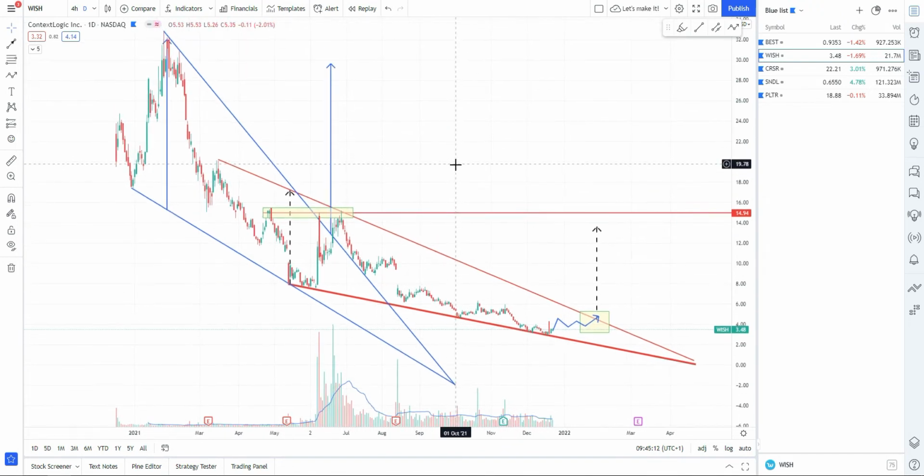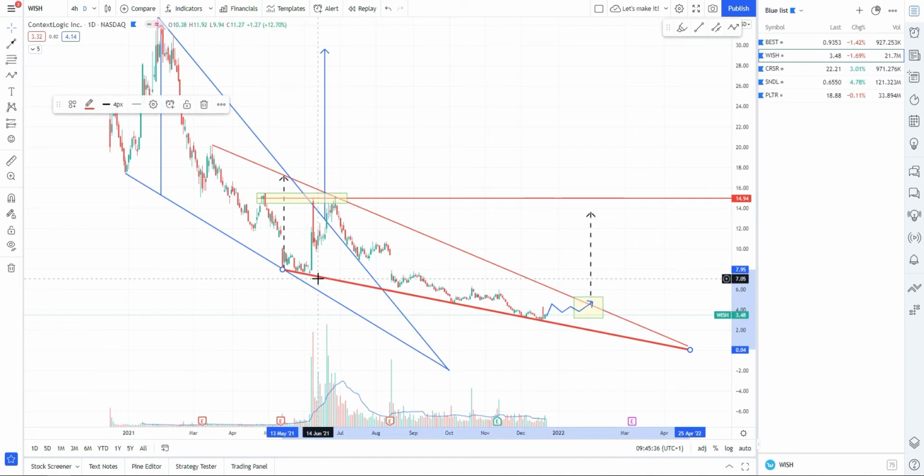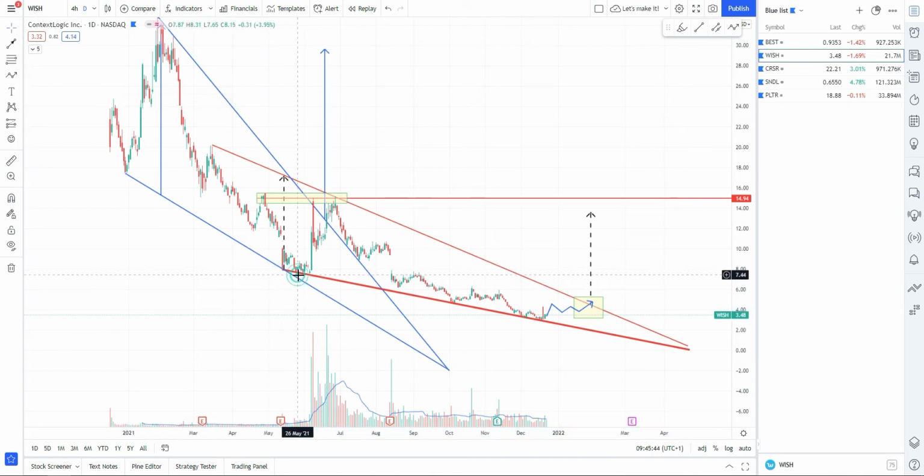We are here in the daily chart, and the very first thing that I wanted to tell you before sharing my short, medium and long-term price targets: people around are saying that Wish is in a free fall. There is no horizontal support that might sustain the drop. Well, I do not believe that. If we look at the chart, we see that we have a support. It is a static, diagonal one, not horizontal, but supports are not just horizontal. And we see that here, and here again, the prices have been supported by this